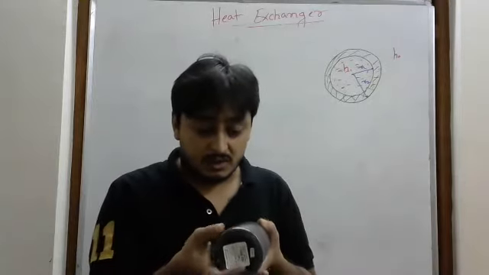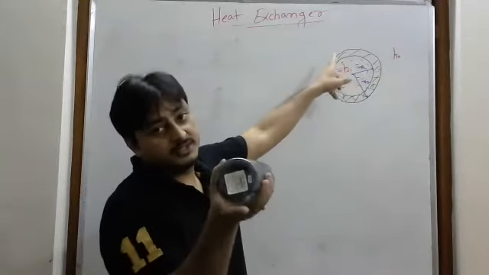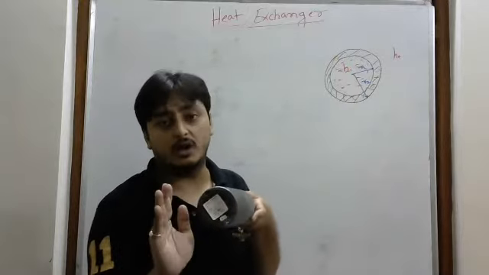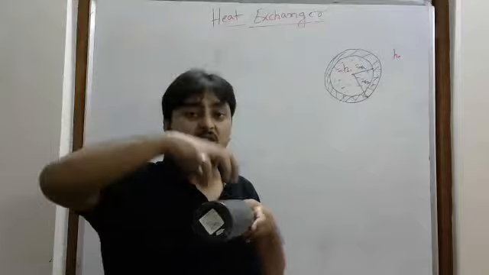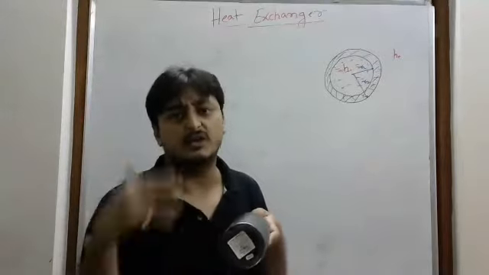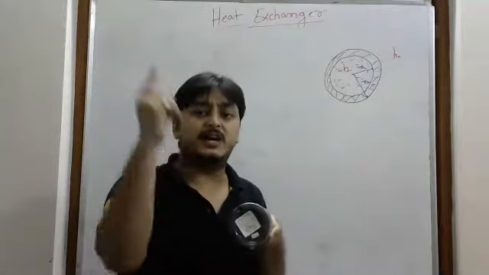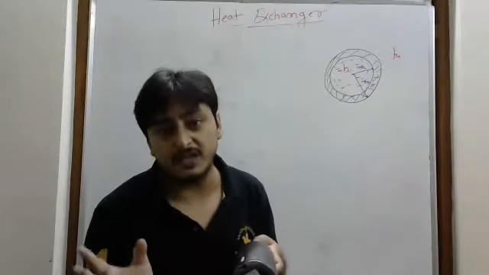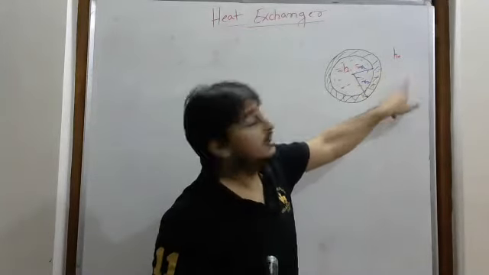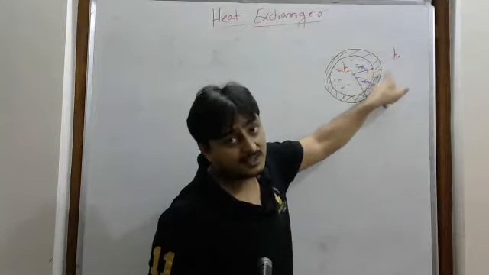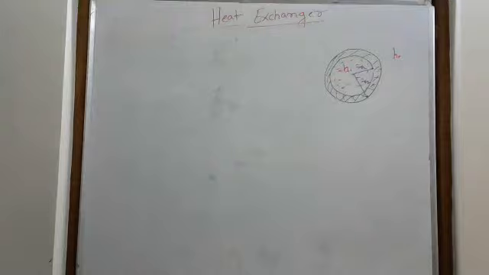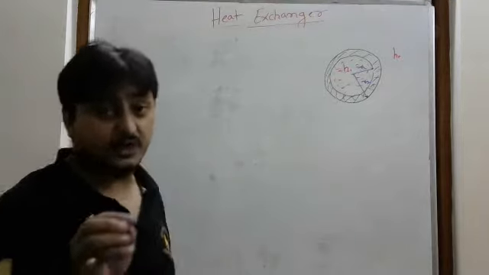So I have made the same thing here, the front view of this. Inside, the liquid is flowing. Take this as the hot fluid and the other as the cold fluid, or the surrounding. It will interact with the surrounding, so heat transfer will happen. From here to here, conduction; then convection. From there to here, convection, then conduction, then convection. Now, if you understood this, I need to find the overall heat transfer coefficient.